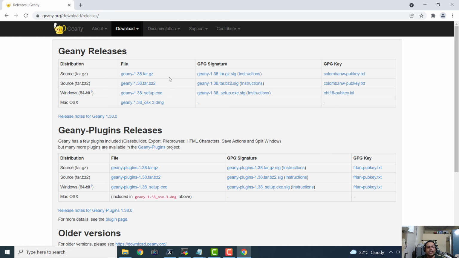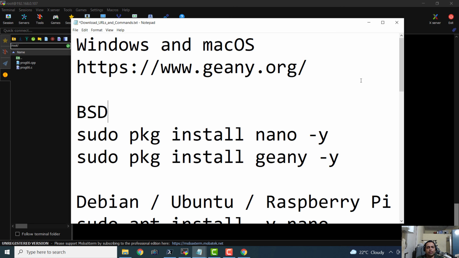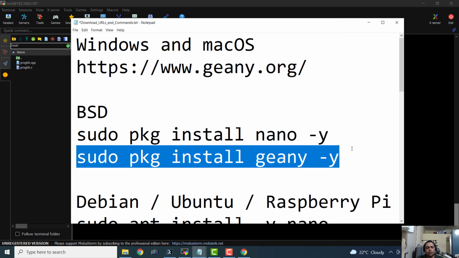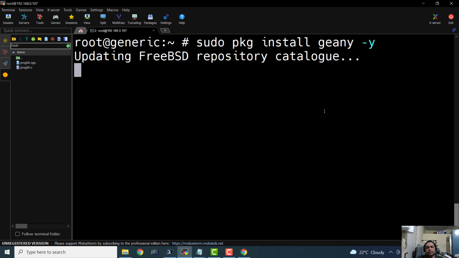You will also find the installable source, and you can obviously always build from the source for any Unix-like or Linux system. And we can actually install it on any BSD variant or any Unix-like OpenBSD system using this command: sudo pkg install -y geany. So let me show you a sample installation.